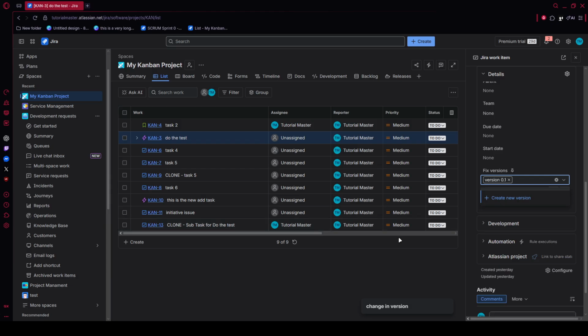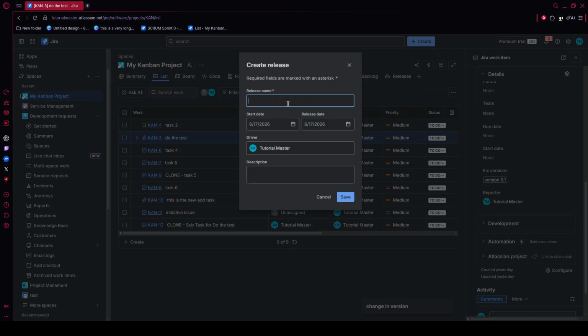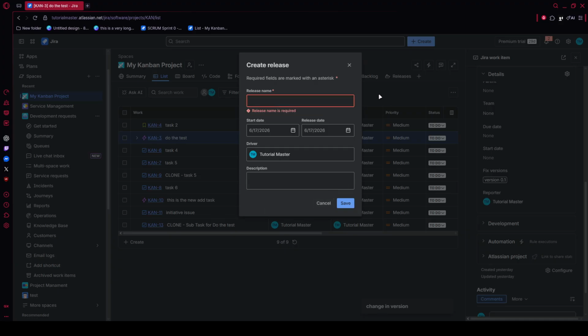On the configuration page, scroll down until you reach the field selection area at the bottom. You'll see something like Select Field or Add a Field. Click into that box, type Fix Versions, and then choose it from the suggested results. As soon as you add it, Jira places that field onto the active screen layout, making it available where that